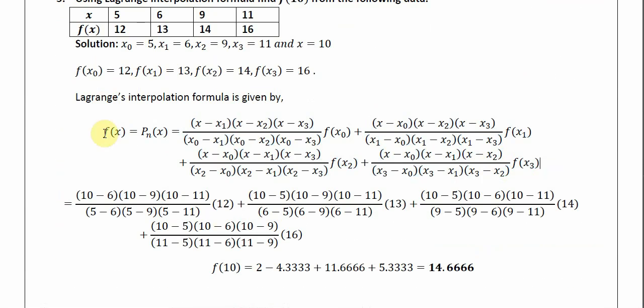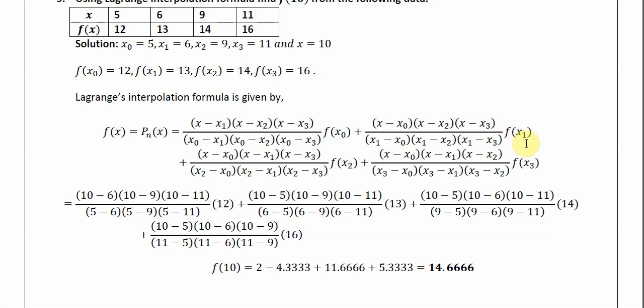x and y we shall interchange in this particular formula. So ಇಲ್ಲಿ ನಮ್ಗೇನು y value ಬರುತ್ತೆ ಅಲ್ಲ, ಅದು ನಂಗೆ x ಆಗುತ್ತೆ. ಇಲ್ಲೆಲ್ಲ x ಇದೆ ಅಲ್ಲ, ಅವೆಲ್ಲ y ಆಗುತ್ತೆ. y minus y1, y minus y2, y minus y3, y0 minus y1, y0 minus y2, y0 minus y3 ಆಗುತ್ತೆ. Then what about this f of x0? f of x0 ಏನು? The value at x0. ಆ y value ಅನ್ನು ನಾನು x value ಗೆ interchange ಮಾಡಬೇಕು ಅಂದ್ರೆ f of x0 changes as x0.